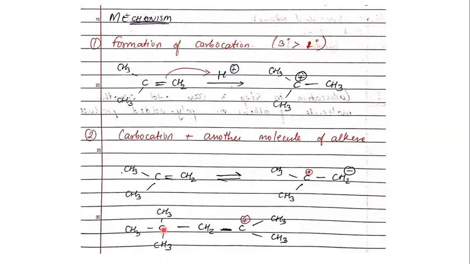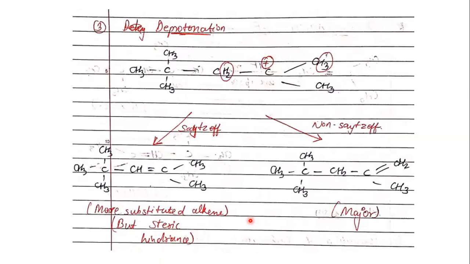This carbon will now get attacked by which carbon? This CH2. So this CH2 is here. Next to that CH2 is this carbon, which is this carbon. This carbon is here, the slightly positive carbon, to which there are two methyl groups attached. So this kind of intermediate is formed. If you can see, this intermediate again has a slight positive charge on one of the carbons. So now again it is unstable.